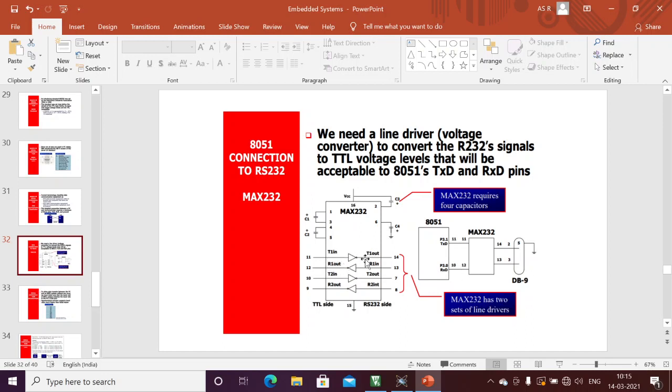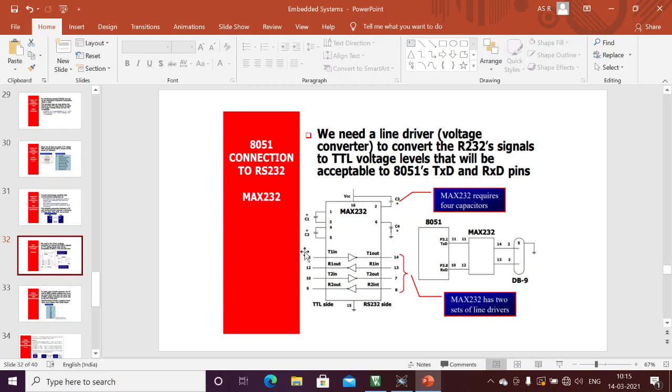And here we have the two conversions. We have one TTL to RS232. Again we have pins 10 and 9 for the other UART, we can connect to this 10 and 9, and 7 and 8 we can connect to the other DB9 pin. Here, in the MAX232, we have the two TTL to RS232 conversions.